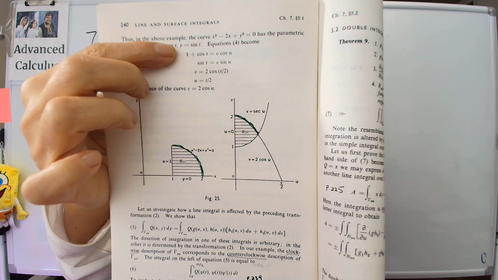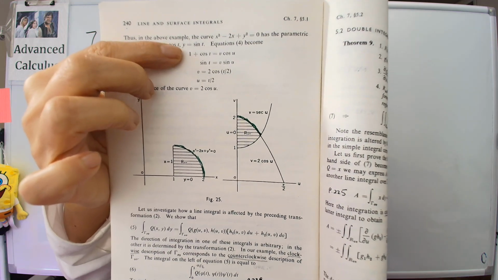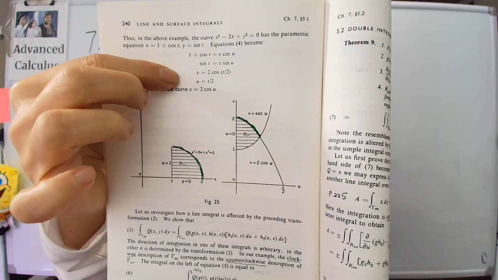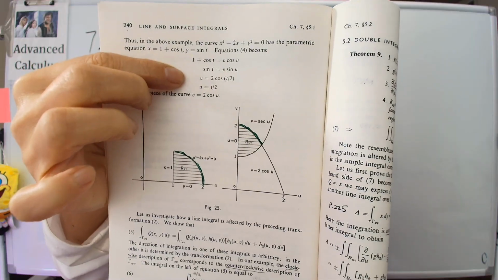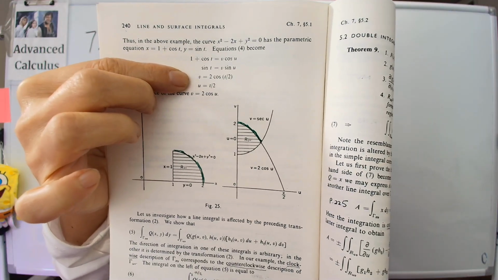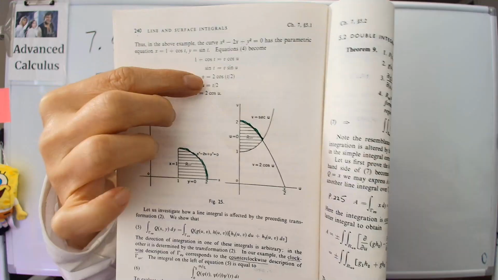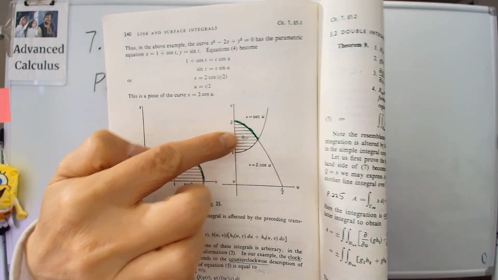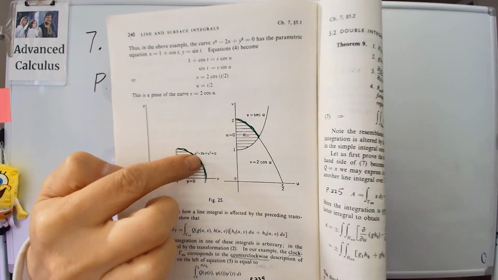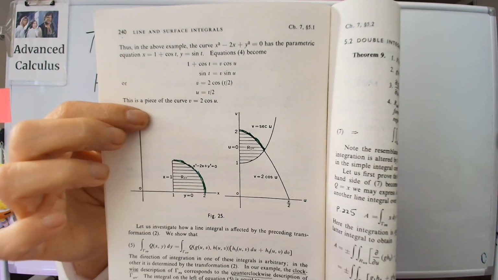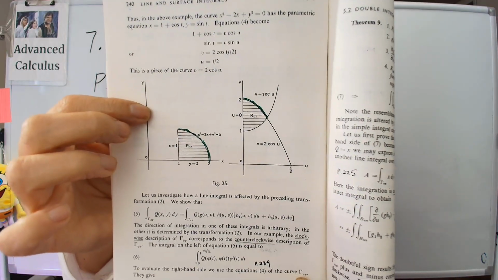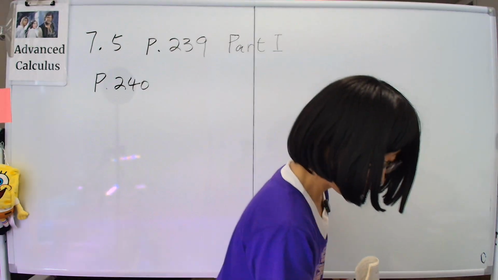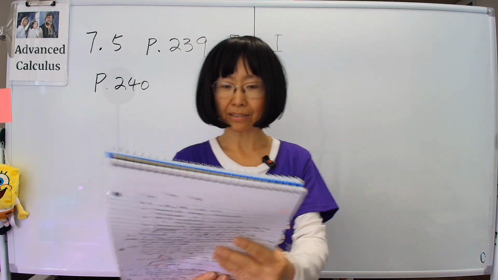if you plug this thing into the phi, this is phi of t and this is psi of t into the u and v equations, then you come up with the parametric representation for u and v in terms of t. And specifically, the green part will translate into the green part over there, and by the time you're done plotting. So please do that yourself. Okay, and similarly, the other parts also translate, which the book didn't do, but I did all of it over